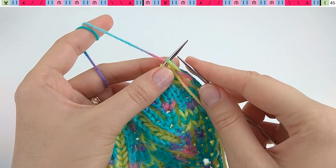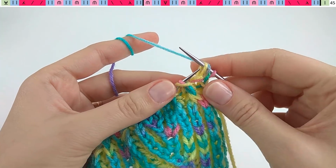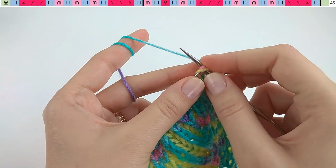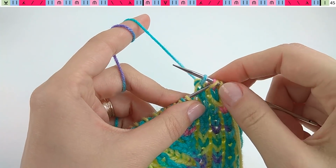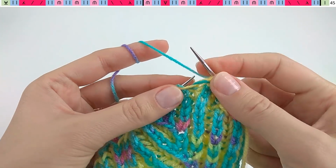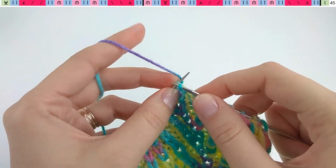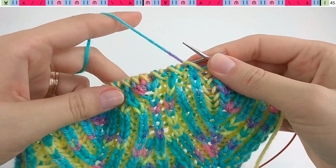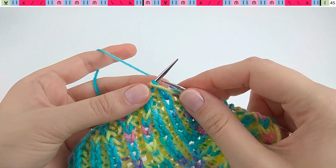Row number 45, knit the edge stitch, slip on yarn over, and here we do again a left slant decrease, slip, knit twice, knit together 2 stitches, and pass over the slipped stitch. After that, slip on yarn over, brioche knit 3 columns, 1, slip on yarn over, 2, slip on yarn over, 3, slip on yarn over, and here we continue this right slant decrease